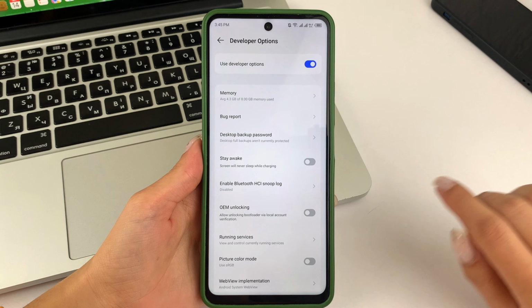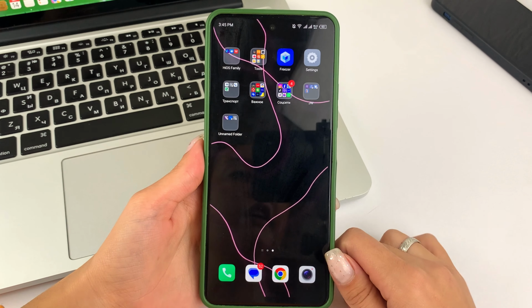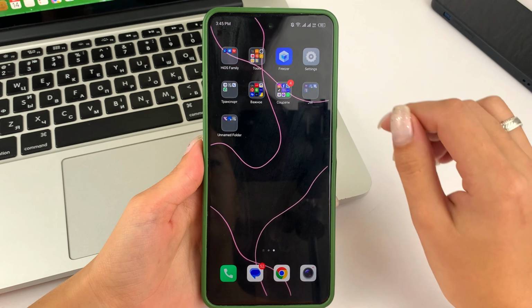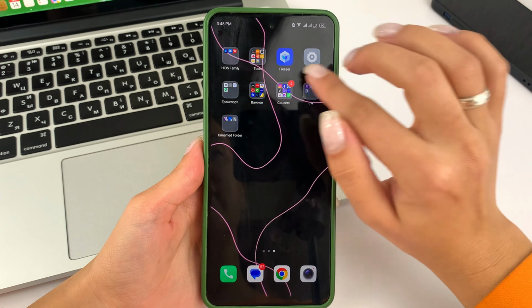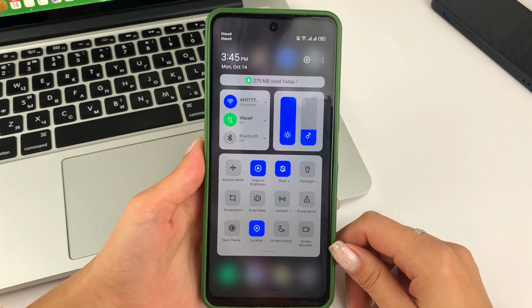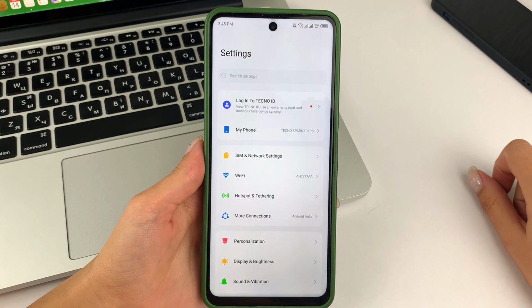And friends, let us get started. And now I will show you the whole process from the very beginning. First of all, on your Android you will need to turn on Settings. Go to Settings. To do that, you can swipe from the top to the bottom of the screen. Next, friends, tap on the gear to go to Settings.